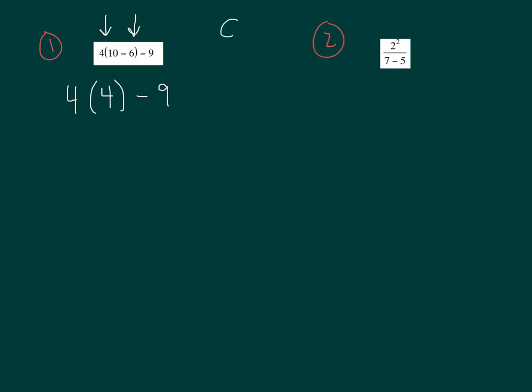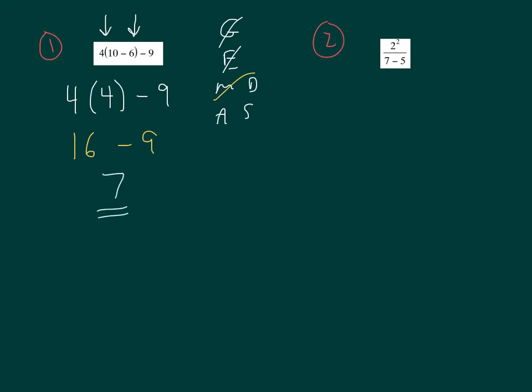Now that I've taken care of the G, I look for exponents. There aren't any. Now I'm going to look for multiplication and or division as it approaches from left to right. So as I move from left to right, I see right here that I have multiplication. So let's perform that. 16 is our product, minus 9. I don't see any more multiplication and or division, so now I'm going to move on to the addition and subtraction. I see right here that we have subtraction, and 16 minus 9 is 7,